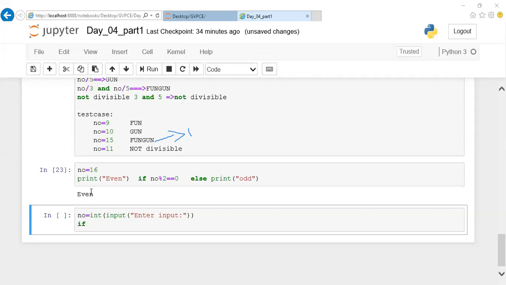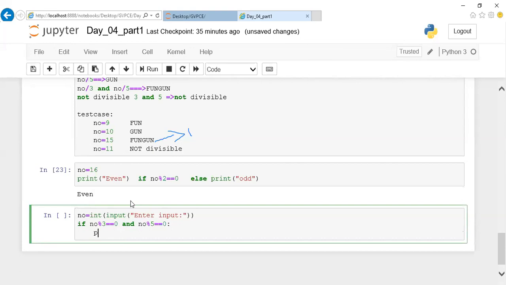Now we can go ahead further. First, you're supposed to check whether the given number is divisible by 3 and by 5. If it is divisible, print fun gun.